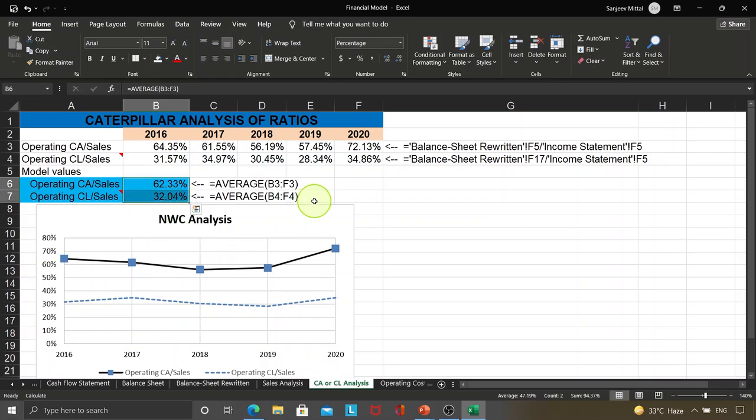These will be used in our projected cash flow statement and projected balance sheet for getting the future period numbers from 2021 year